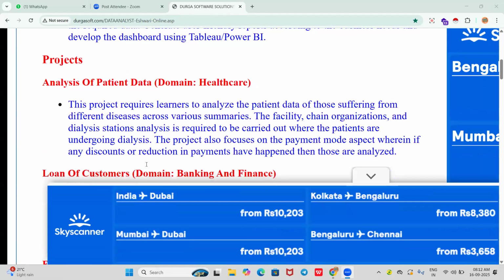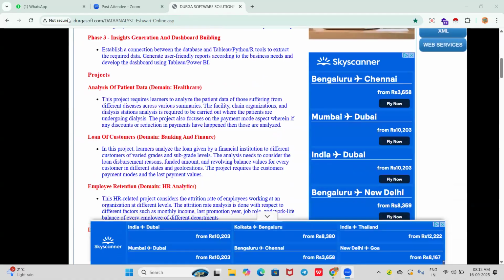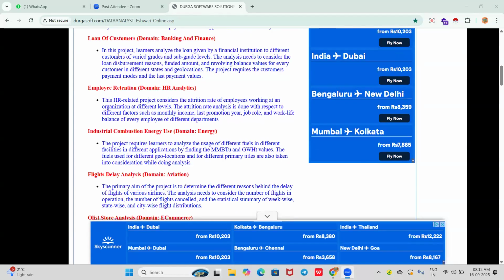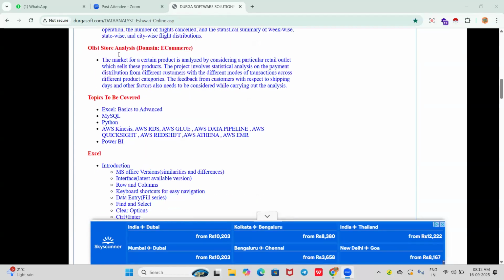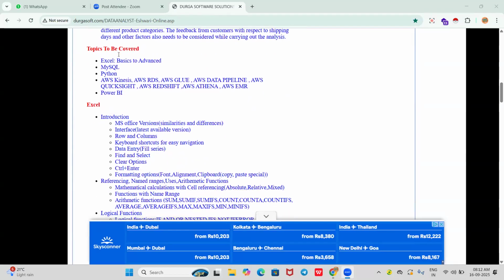When it comes to projects, we'll be working on all the domain projects, whether it is healthcare, banking, HR, energy, aviation, e-commerce, product based, everything we'll be learning here, right?